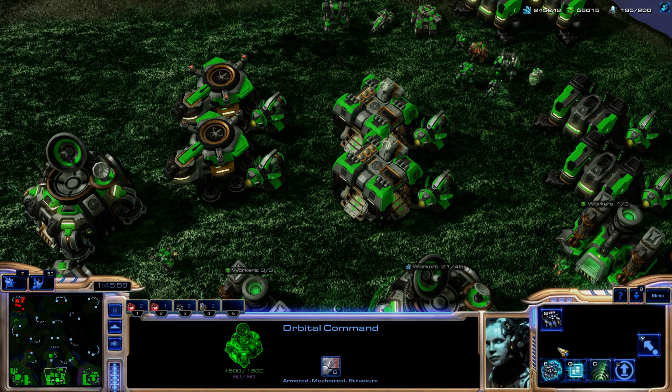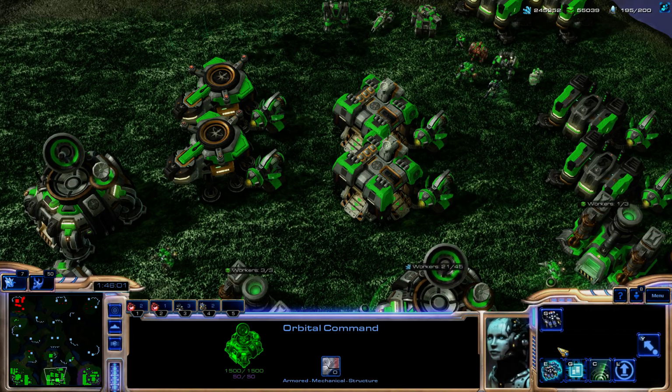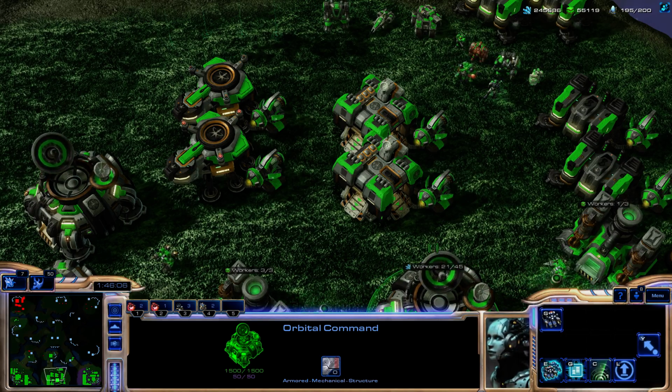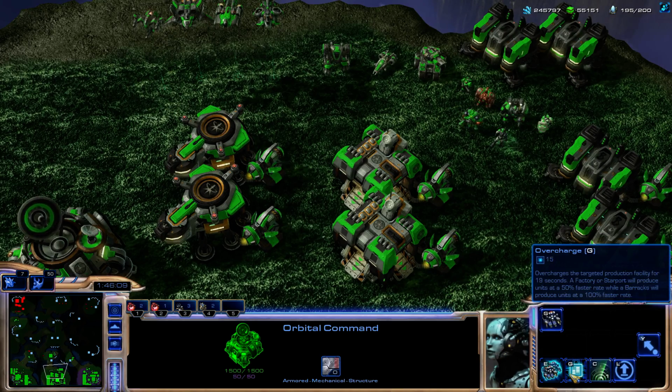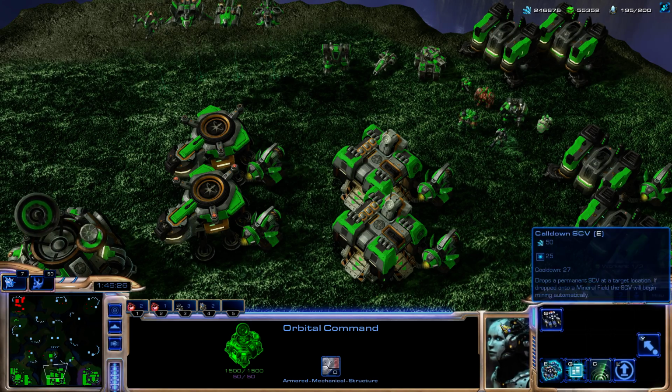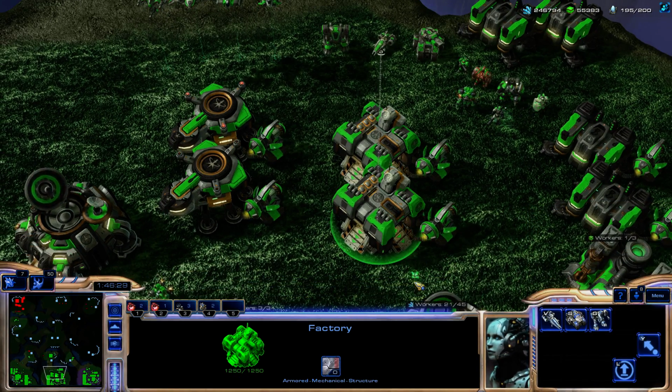So as I mentioned before, Starbow has some hybrid abilities, and this is one ability that does have some hybrid effects. So first things first, if you look at the tooltip, it says, overcharges the targeted production facility for 19 seconds. A factory or starport will produce units at a 50% faster rate, while a barracks will produce units at a 100% faster rate. So if you look over here, I'm going to build